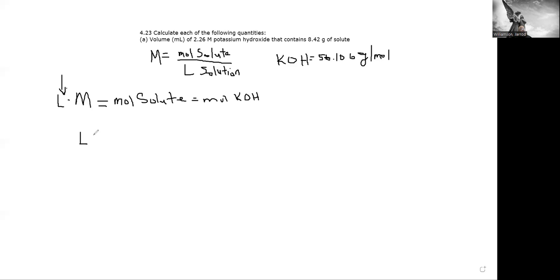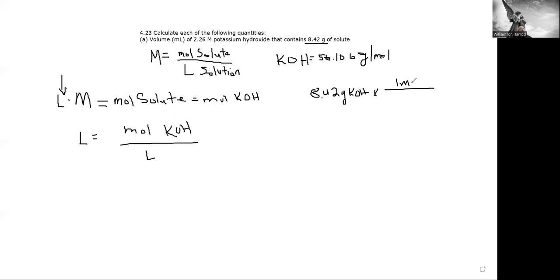So I'll have the liters is going to be equal to the moles of KOH divided by the liters of the solution. They gave me grams of KOH, not moles, but I can turn it into moles using the molar mass. So I'm going to go 8.42 grams of KOH times